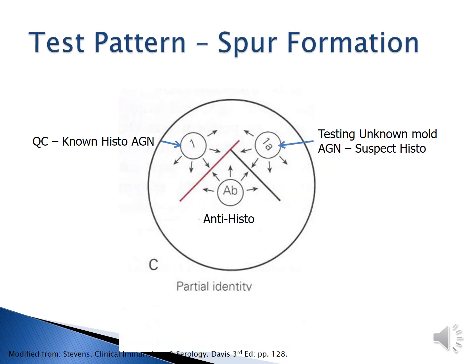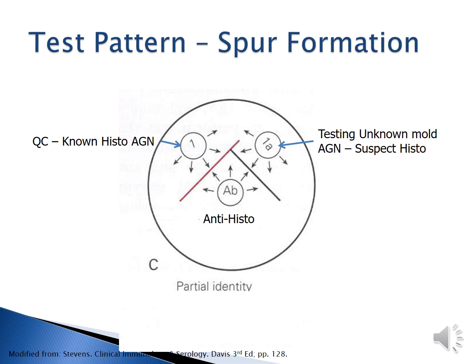The next test pattern, or the last test pattern, is the spur formation. So this would be considered a partial identity. So we have our antihisto antibody in the center well, QC histoantigen in well 1, and in well 1A we have our unknown antigen. So we'll add those in, incubate, and pull it out, and this would be our result. So why is this like this? So we know that our QC, our known histoantigen, will bind to the antibodies for sure, and that's what that